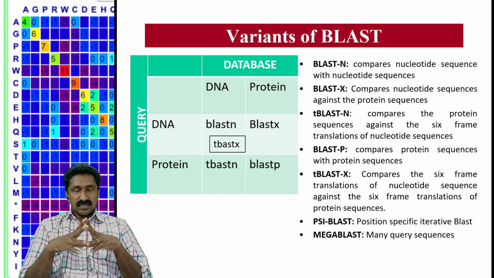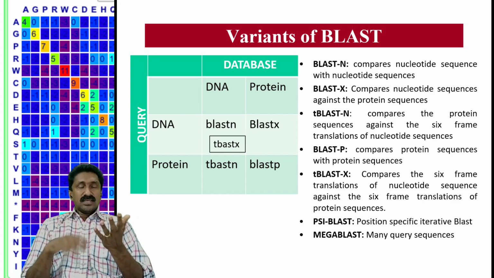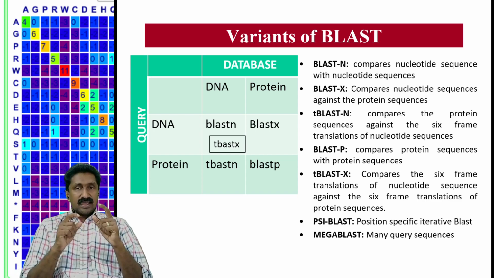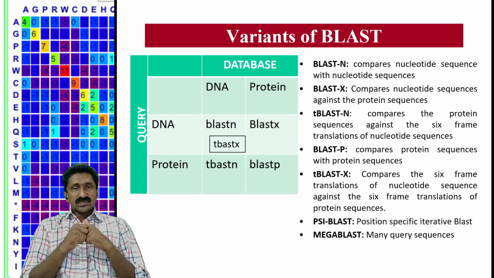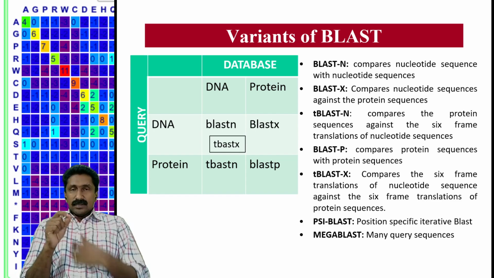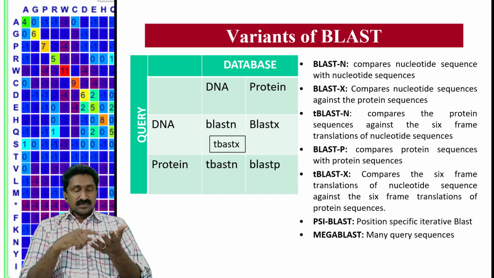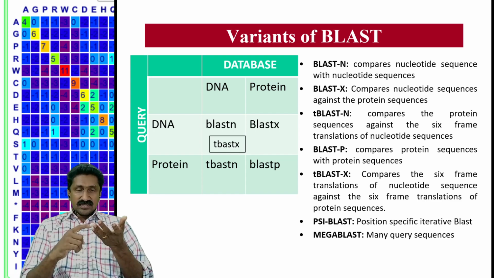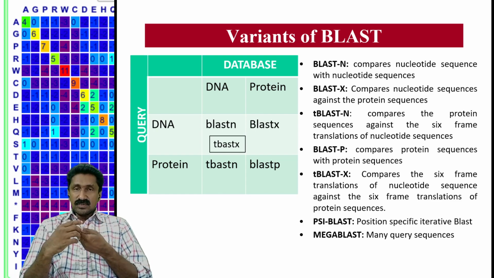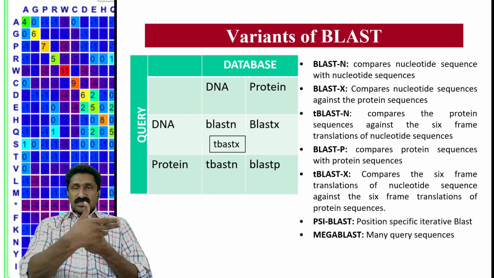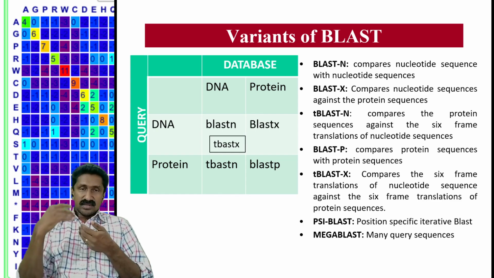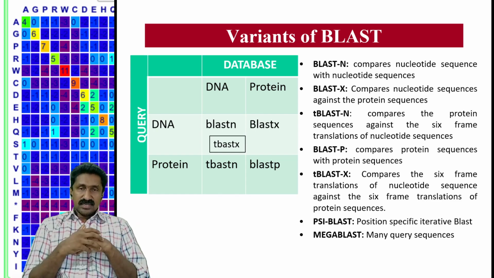Six reading frames, that concept I think you know, because for every DNA you have two strands and both strands will have sequences. So if there is a DNA database, it is represented with two strands. And in both strands, we have three options of reading frames, starting with the letter 1, 2, or 3. The first triplet will be 1, 2, 3. The second triplet will be 4, 5, 6. And in that manner you can read the code and translate accordingly.